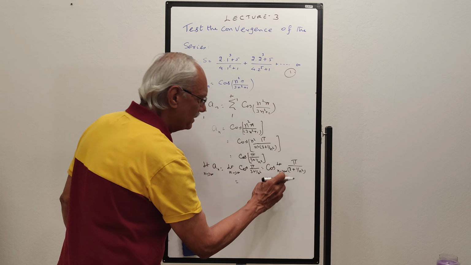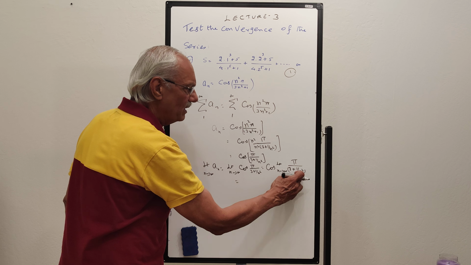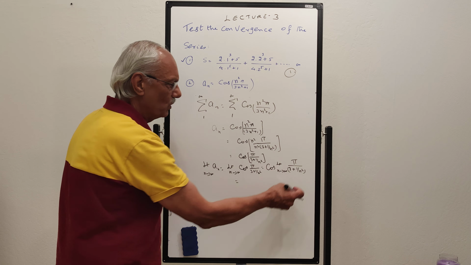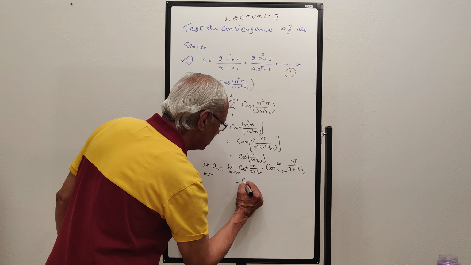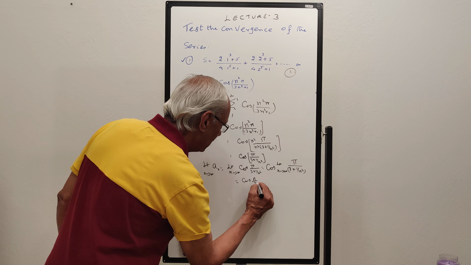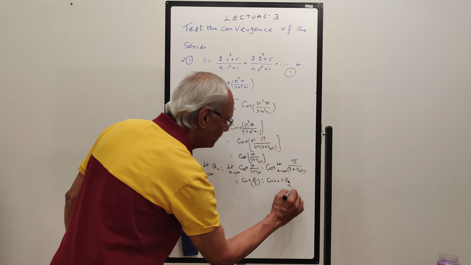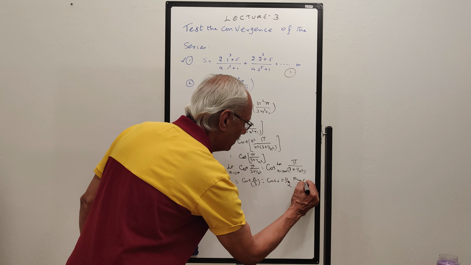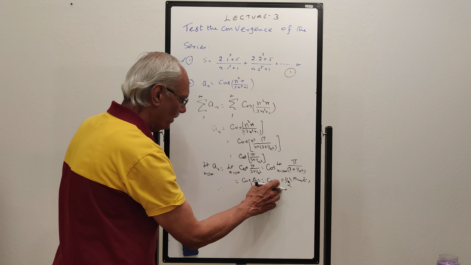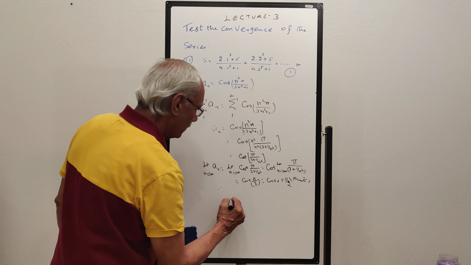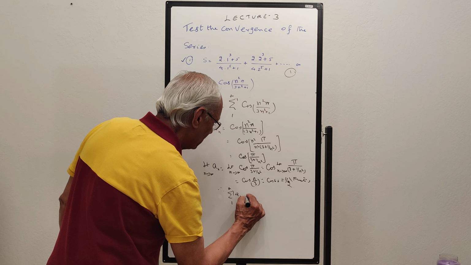You see that this 1 by n will naturally tend to 0 as n tends to infinity. So you get simply cos of pi by 3. Cos of pi by 3 is nothing but cos 60 degrees, which is equal to half. So it's a finite limit. Therefore, the limit of an is equal to half. Therefore, the series sigma of an, 1 to infinity, is a